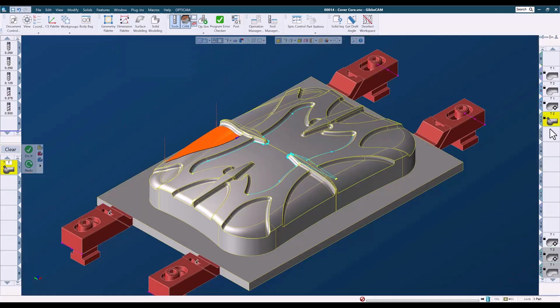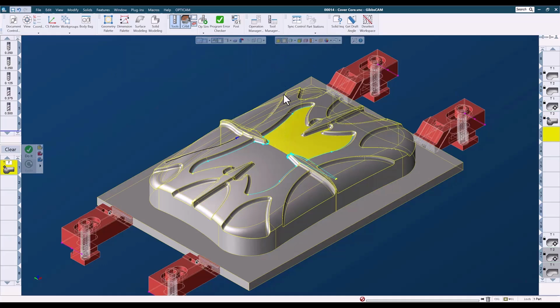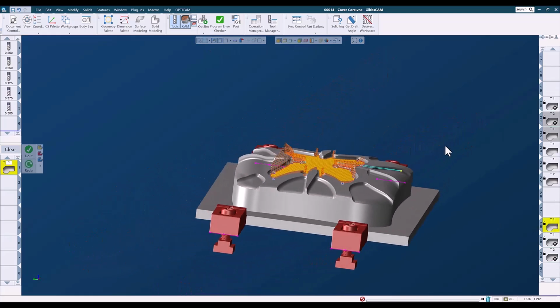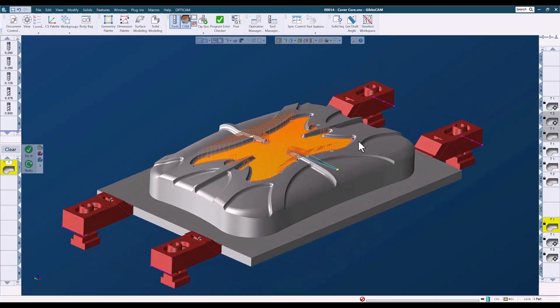Let's take a minute to focus on the center section now. This is an example of an area where the simple surface lace cut really isn't very well suited, and why it's important to have a very broad suite of toolpath choices at your fingertips. This toolpath is doing exactly what we asked, but due to the irregularities of the shape, this toolpath has to